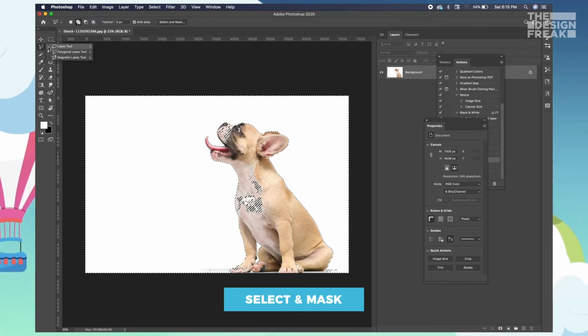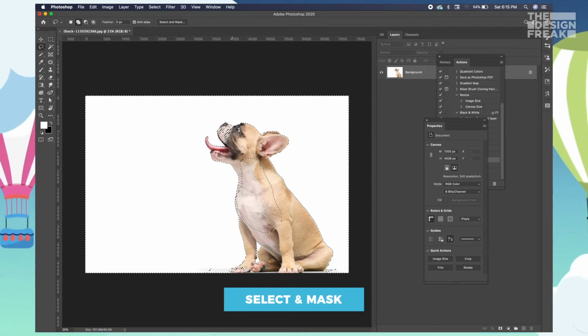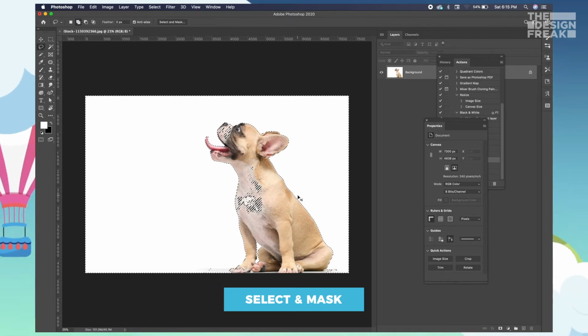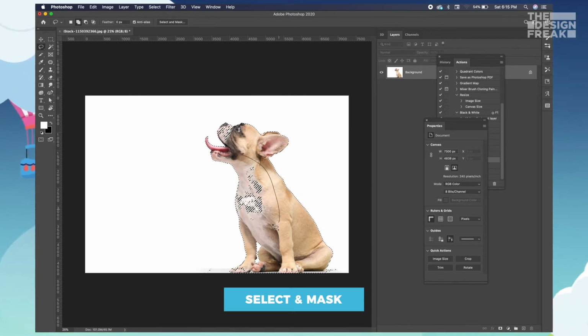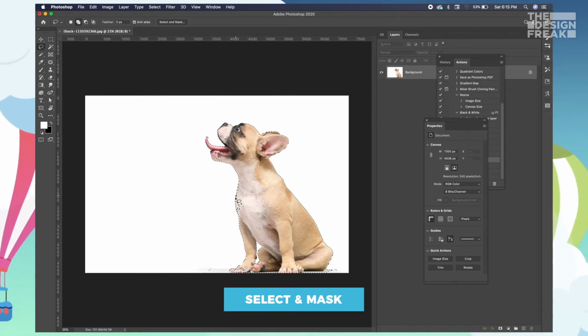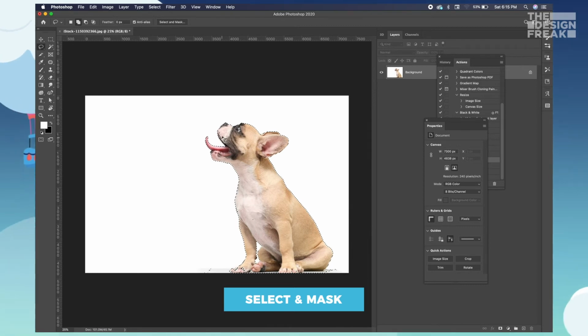Once you're done with that, you will see that these fine selections of the white area have also been selected. You can just take the lasso tool, make sure you click on the add one, and roughly select whichever area you'd like to make a part of your selection. Now make sure before you do this, your inverse selection is on. Once that's done, you can just make a selection of all these things which are then being added. Now this selection is much easier when you have a Wacom, but in case you don't have that, you can just do it with the help of your mouse as well.